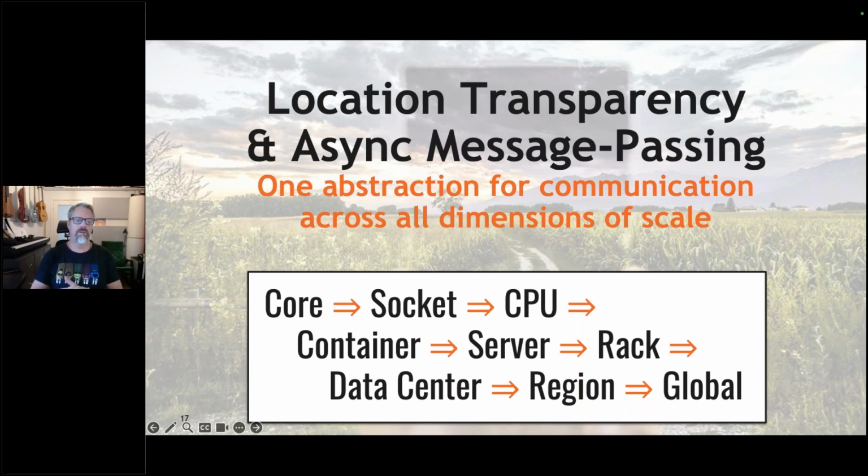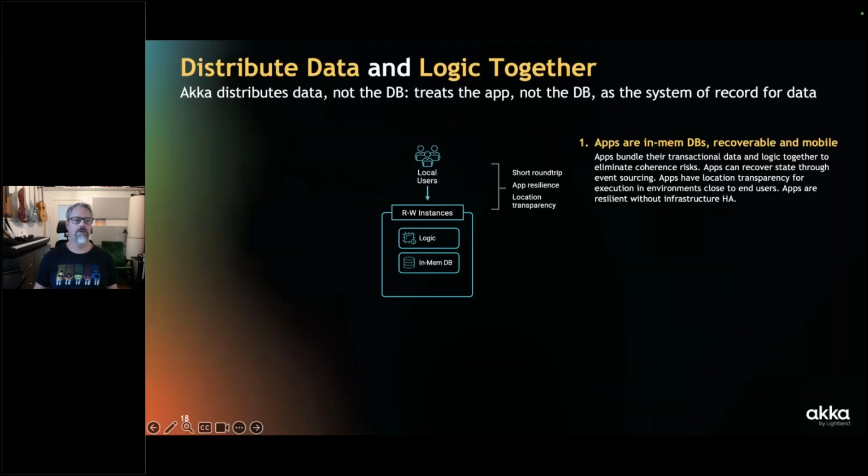The key here is to make distribution and the network explicit, first class. A lot of programming models in the past, like RPC or EJBs or CORBA, have been trying to hide the network, hide distribution, and make it feel like everything is single-threaded, that it's all just method calls. That's a beautiful goal, but I think it really doesn't work well in real life. So I really think we need to distribute data and logic together.